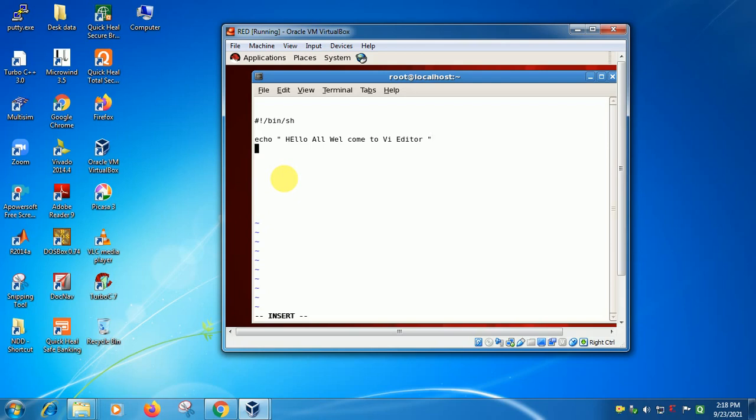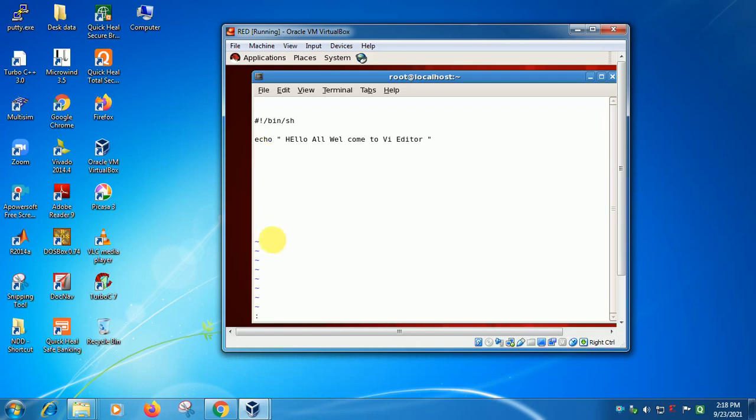Once you type your program, you can come out of the VI editor. Already you are in insert mode, that is programming mode, where you can edit, but you have to save the program and quit. What you have to do is press the escape button on your keyboard, then shift colon.